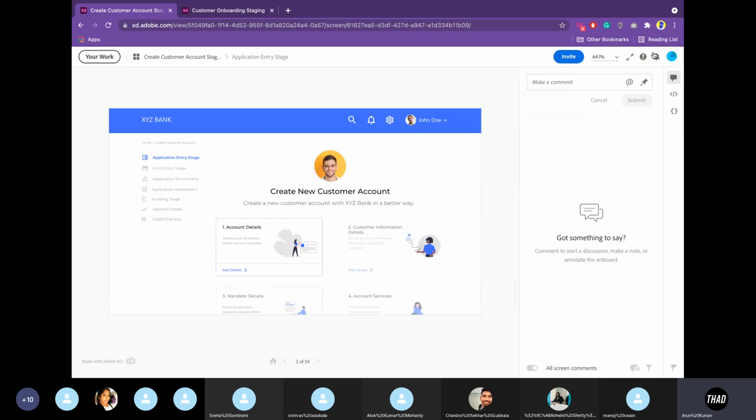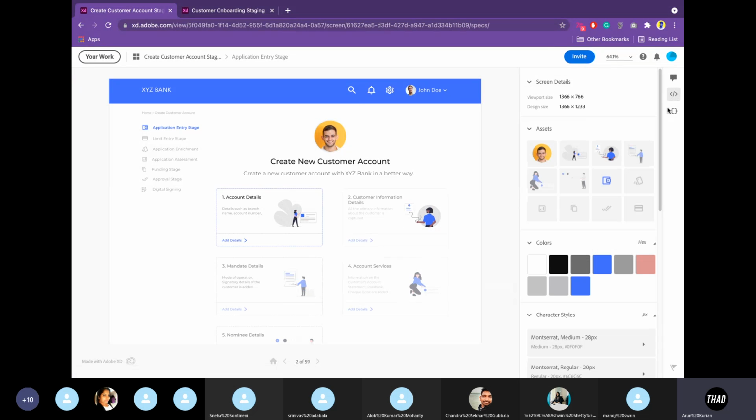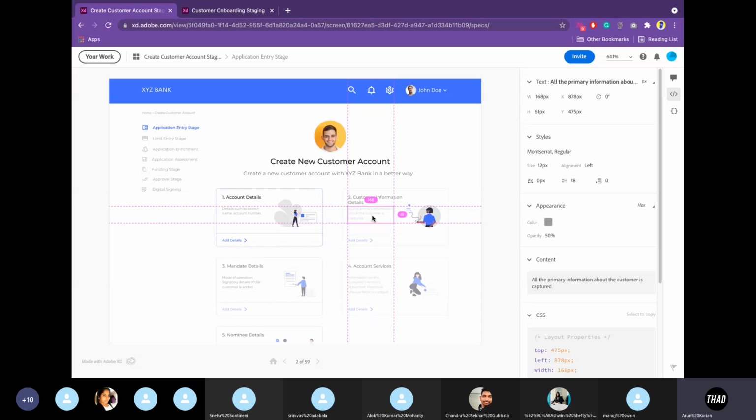And from the right side, you have these three options. From there, you'll be able to see all those things. So the CSS part, I don't know how much that will help you out in the designs, but regarding the assets, the colors, the font name, this tool is going to help you.